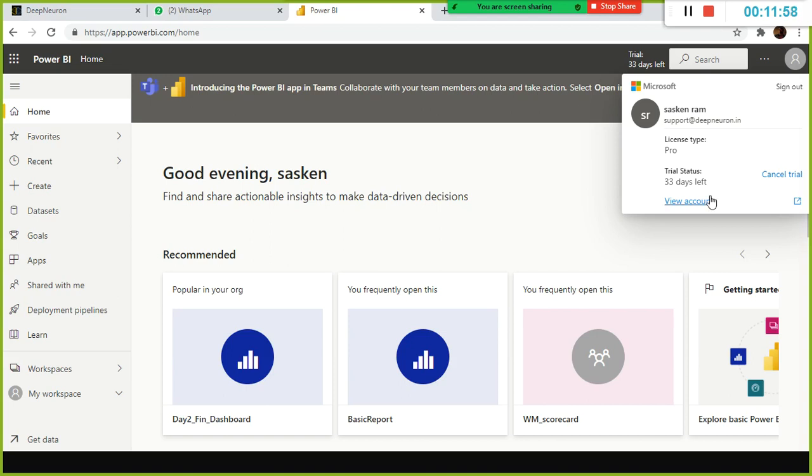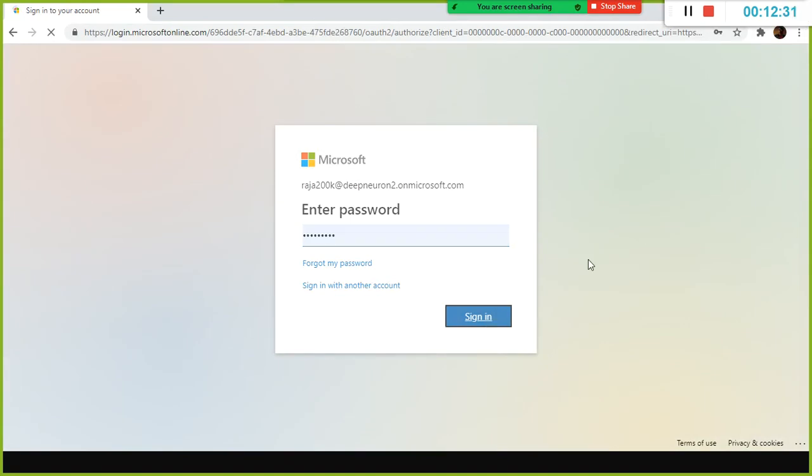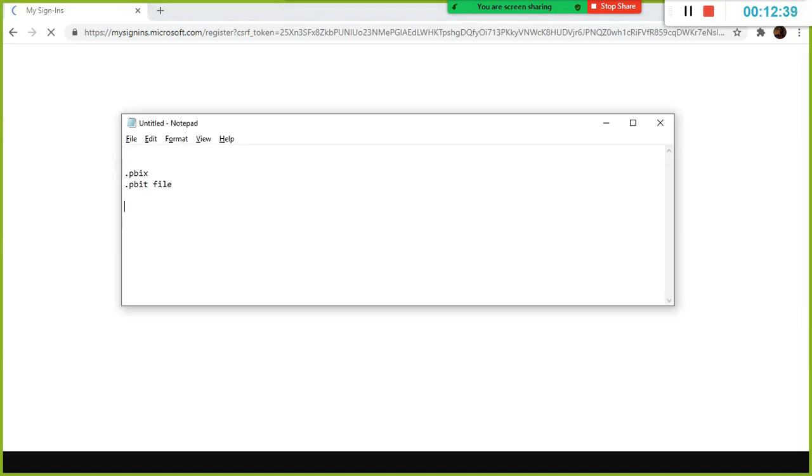For Azure also, when you create a user ID, it will ask you for the credit card. You can give the credit card. They'll charge you just $1 or $2, that's all. I guess $1, at portal.azure.com. If you go here and want to use SharePoint or anything, it will ask you. See, skip for 14 days until this is required. So this is Azure Cloud, Microsoft's cloud. We call the Microsoft cloud Azure. First, understand all these terms.